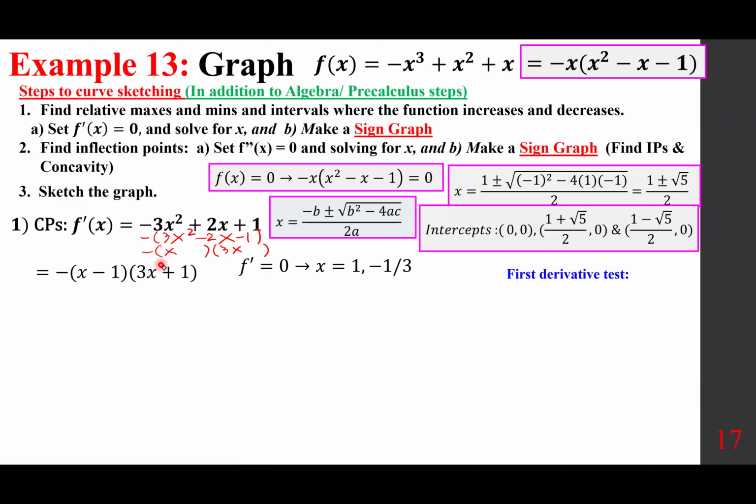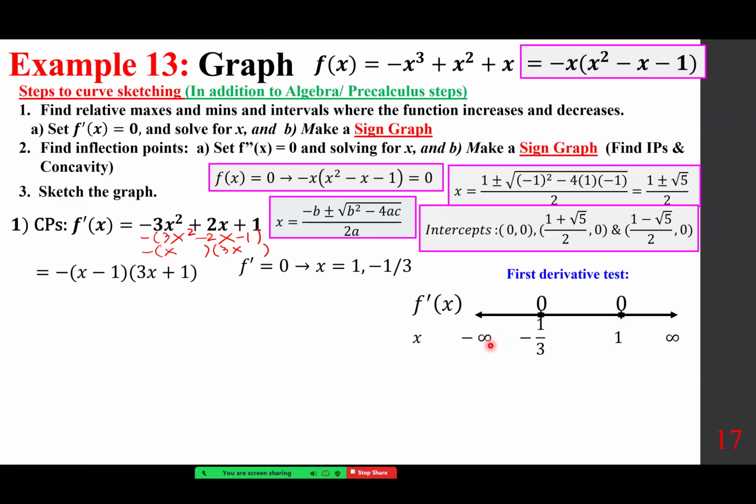We are going to go with the sign graph, which means we have a number line from negative to positive infinity. And we put these two numbers in order from smallest to larger. So first, negative 1/3, f prime is 0. Second, number 1 is 0. And we have to pick up the